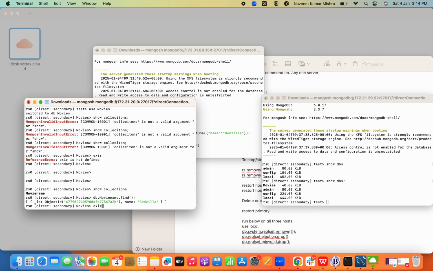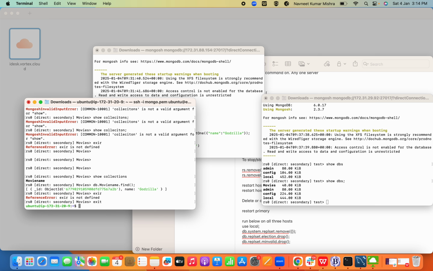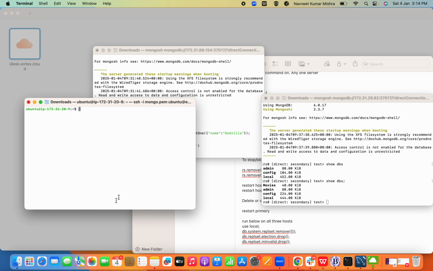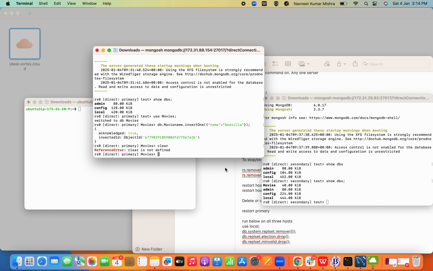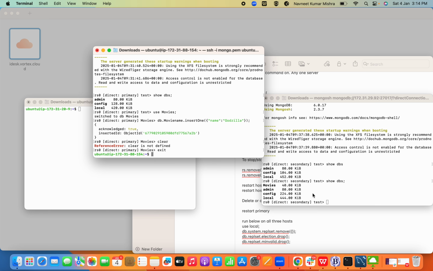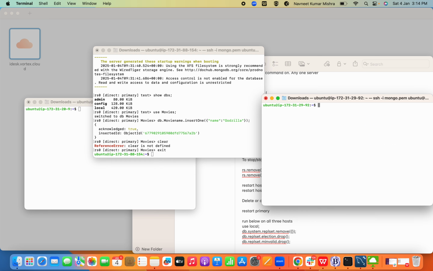Now clear, exit. Now let's test the failover. So